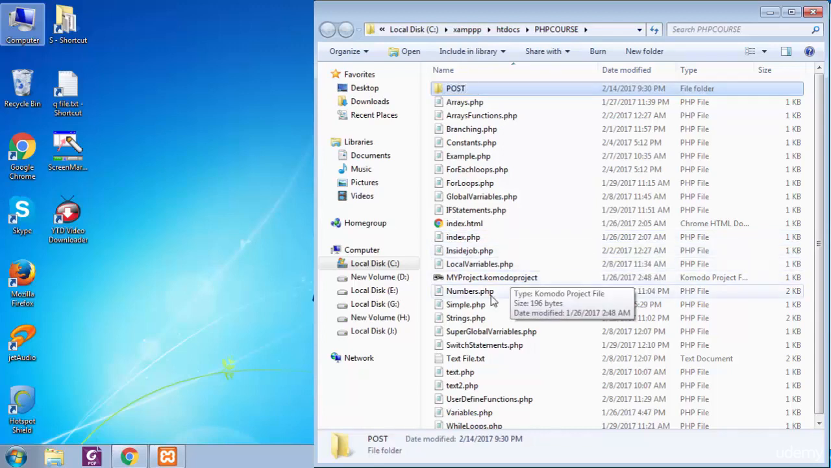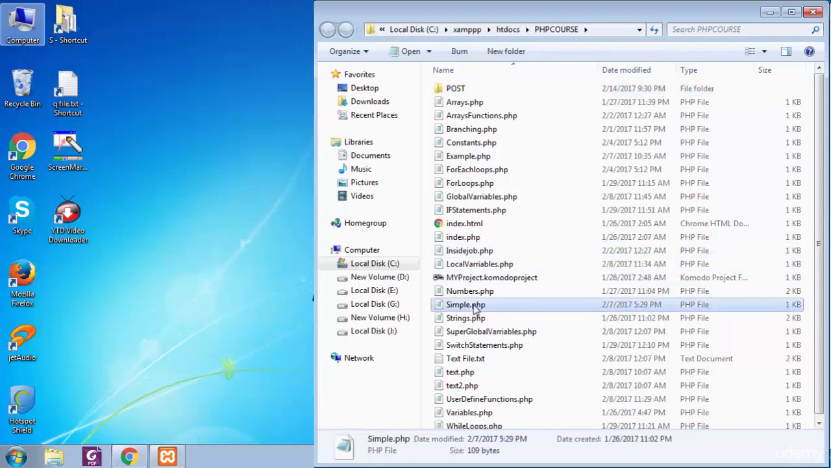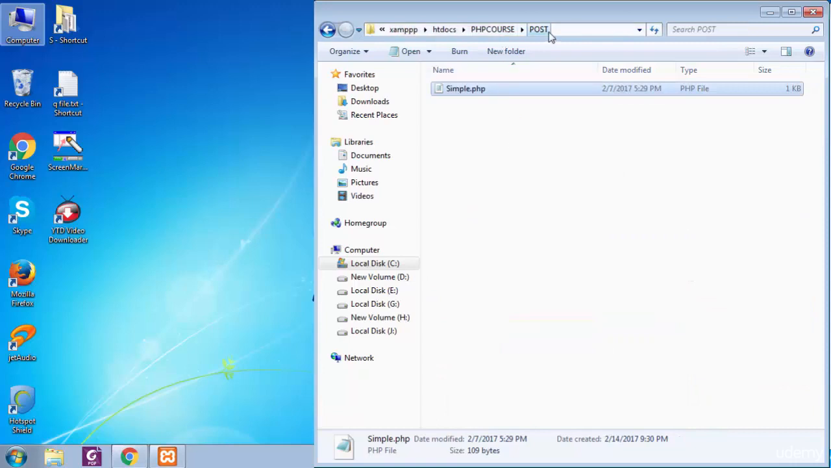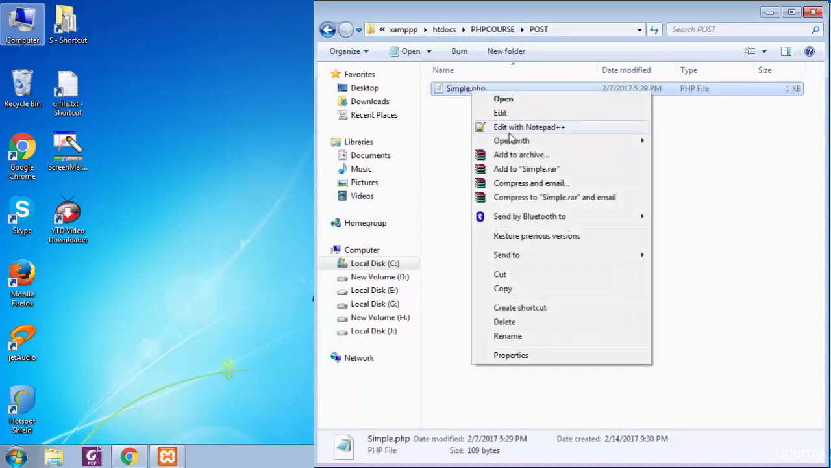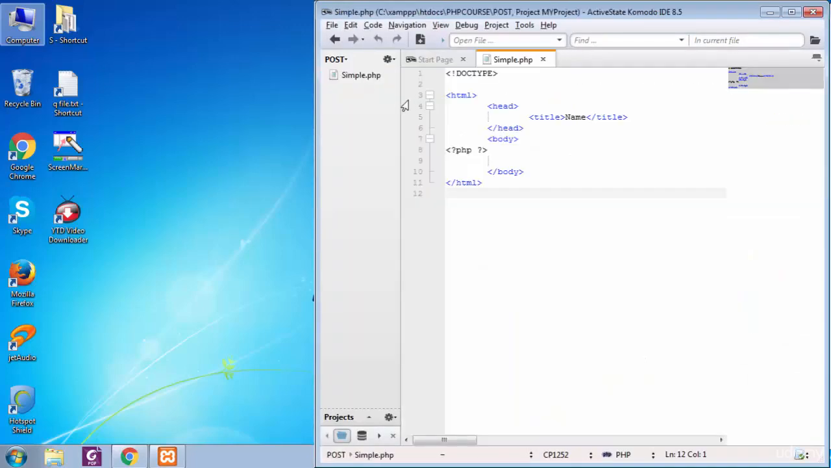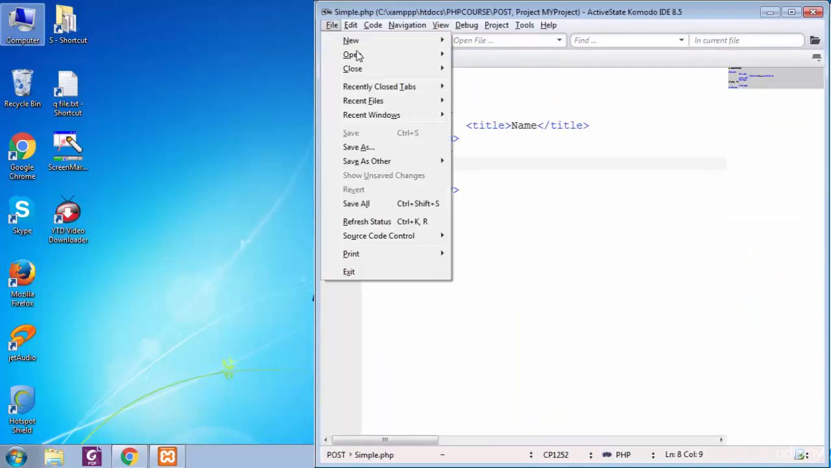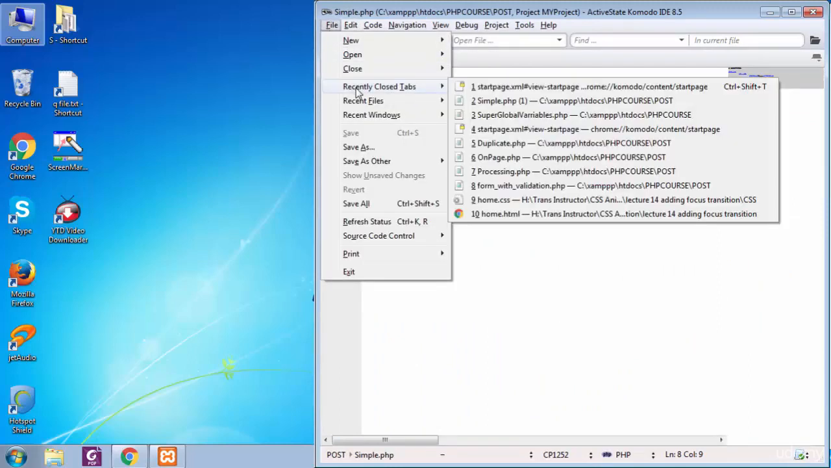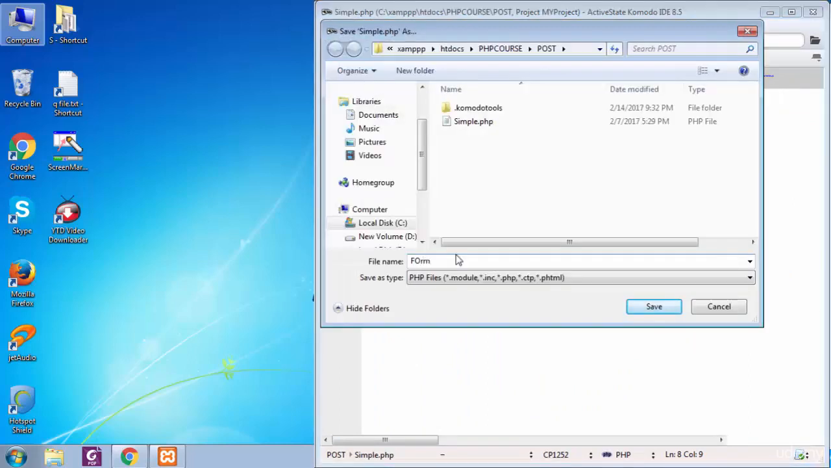Now inside the folder, I'm just going to copy our simple file of simple.php. See, now we have post folder in which we have file of simple.php and it's inside our PHP course folder. Now let me open this file in our Komodo. Now here I have simple.php file. Now let me save this file with the name of form.php